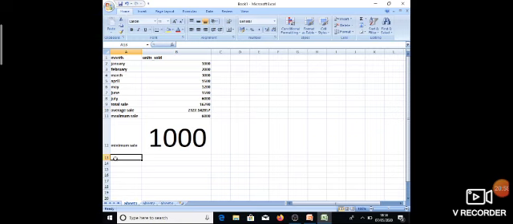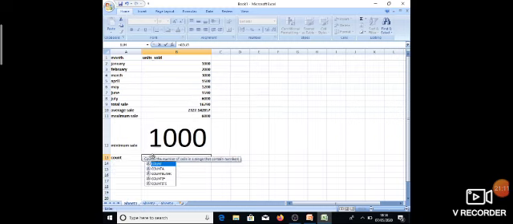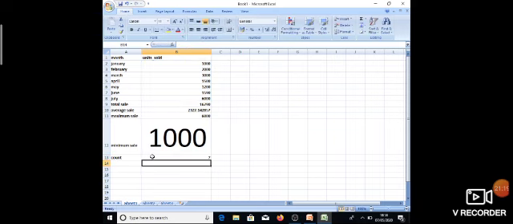Okay, so equal to count B2 colon B8. This will tell you that 7 months are there and 7 times you have seen the units, okay, in a particular month. Now only this much.